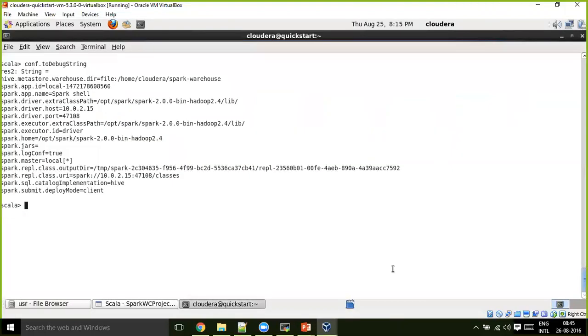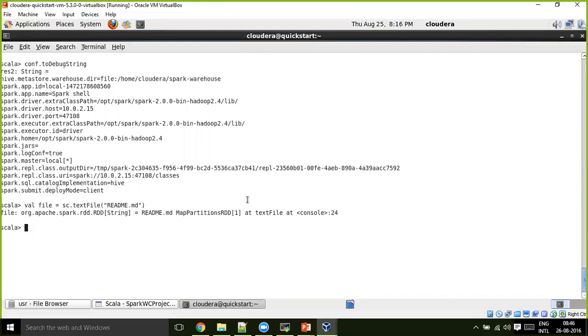sc.textFile readme. It loaded that. Let me create the file with sc.textFile. It's creating an RDD of strings.